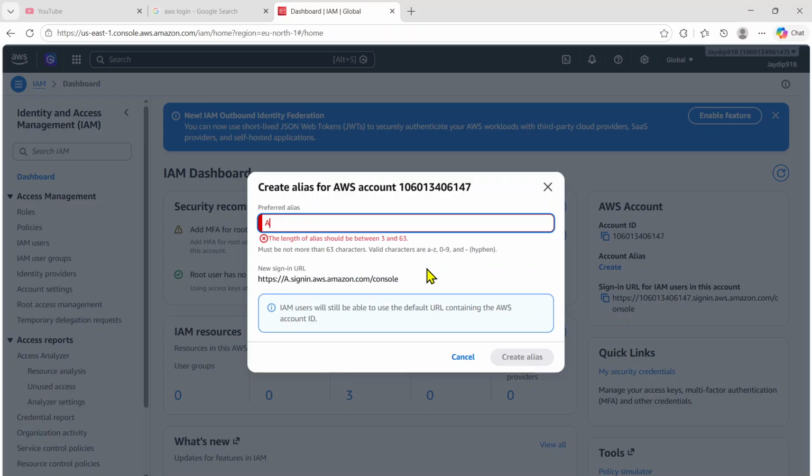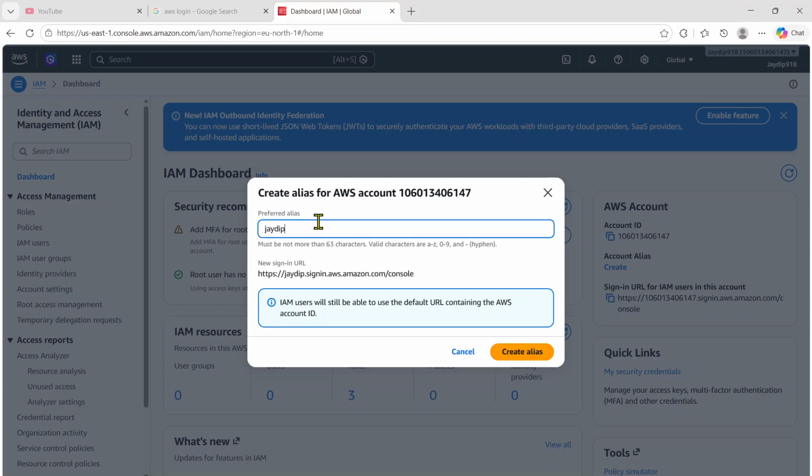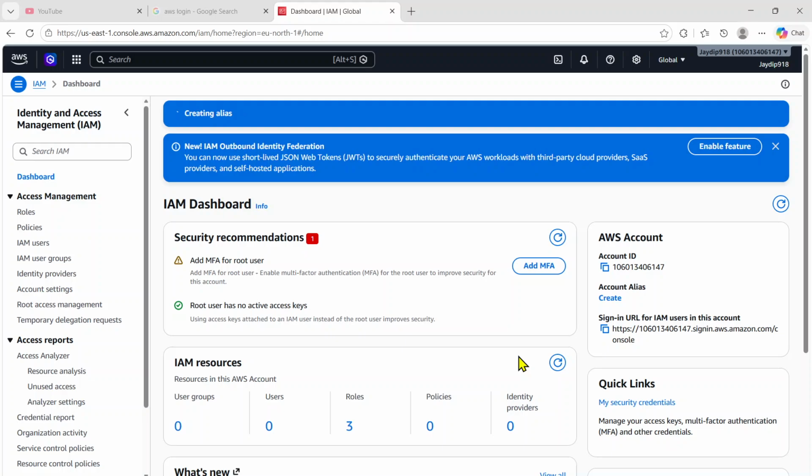So what we're going to do is AWS and J. This is not a valid alias. Let me just identify what I can add. Just a second. So in alias, I'm going to type my ID. This is a preferred alias, and I'm going to create. Now that I have created it,